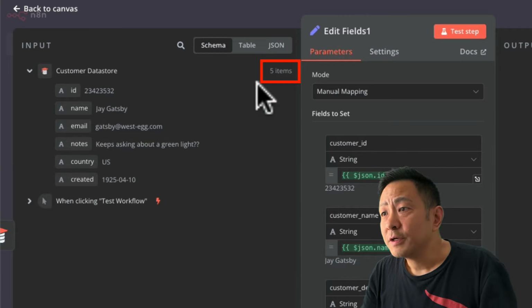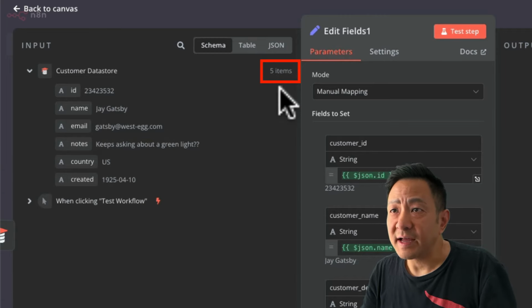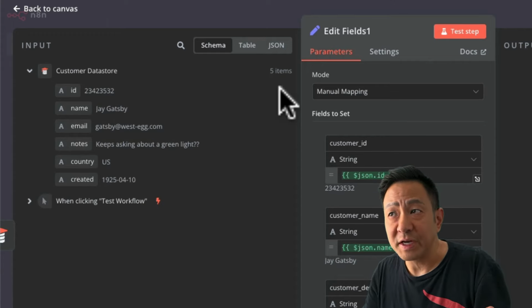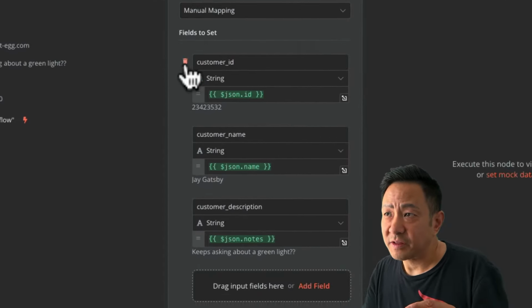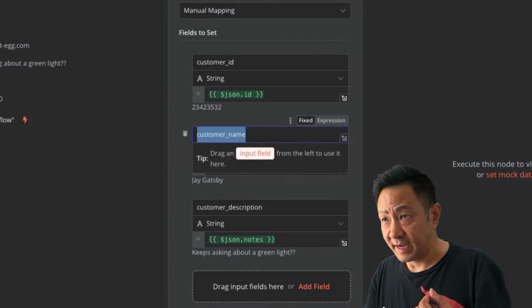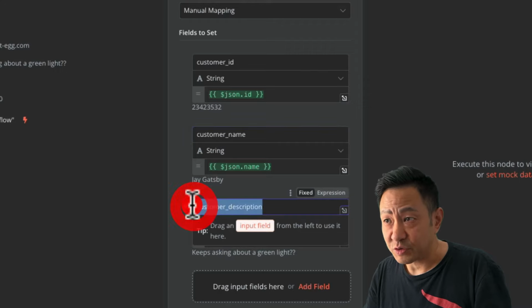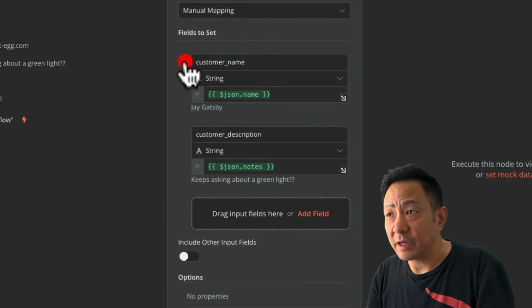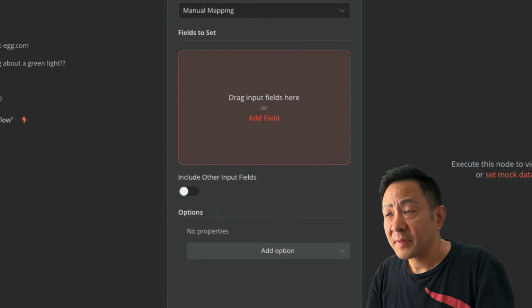in the input. So what this node is doing is that even though in the previous node it grabbed a whole bunch of data with a whole bunch of information, we want to extract the 3 things that we're really interested in, which is the customer ID, the customer name, and the customer description. So just to show you how this was created, I can delete these 3 fields here,